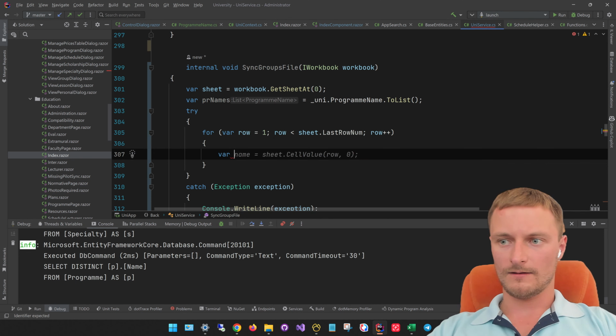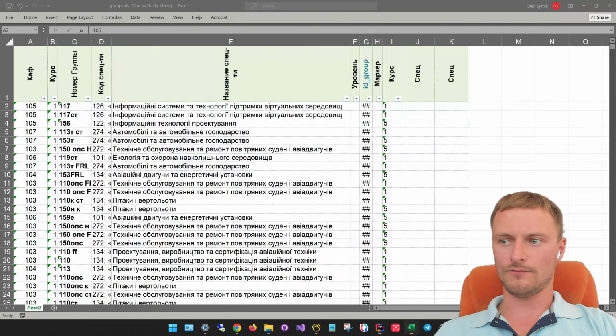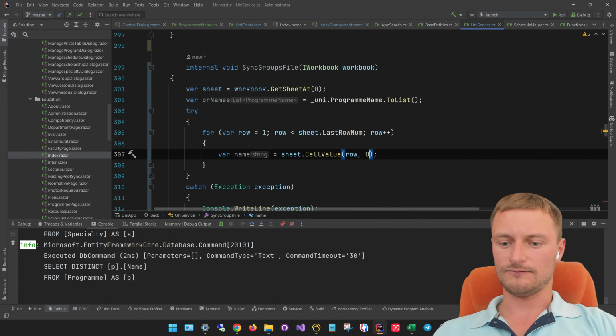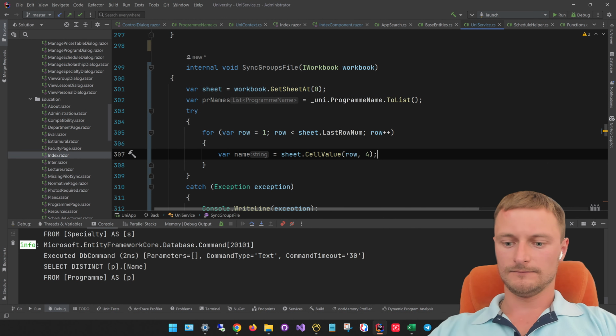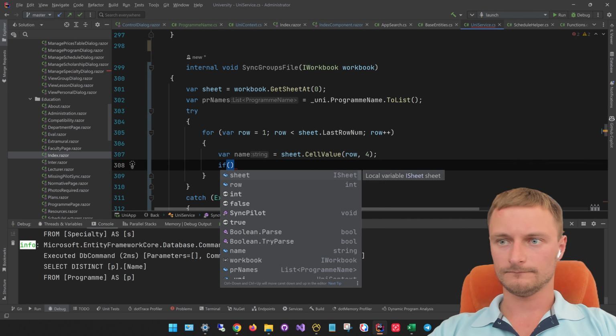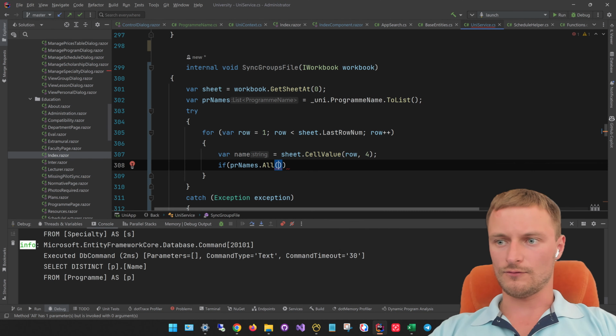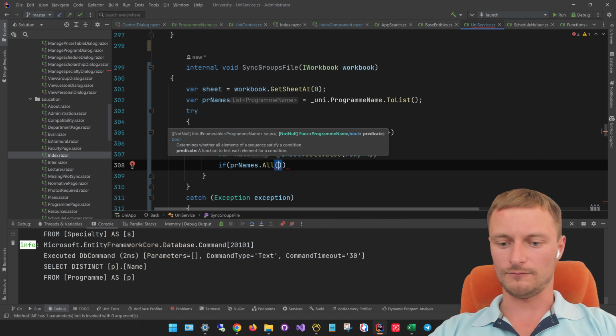So our name will be cell value of row, and let's count 0, 1, 2, 3, 4. So we need the fourth one. We need here the fourth one to be the name. And if all the program names